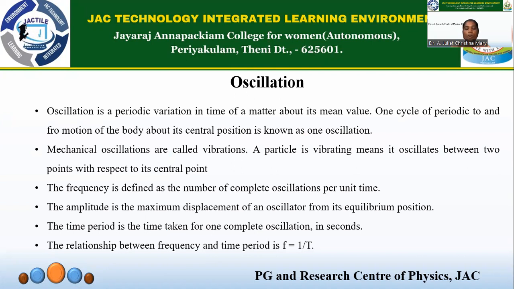Then we should know about frequency, amplitude, and time period. The frequency of oscillation is defined as the number of complete oscillations per unit time. The amplitude of the oscillation is defined as the maximum displacement of an oscillator from its equilibrium position. The time period of the oscillation is defined as the time taken for one complete oscillation in seconds. Then we should know the relationship between frequency and time period, which is represented as f equals